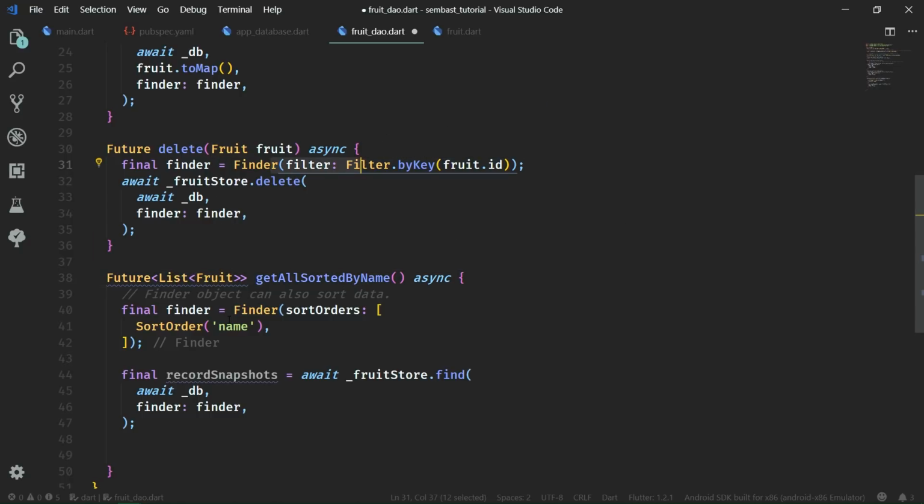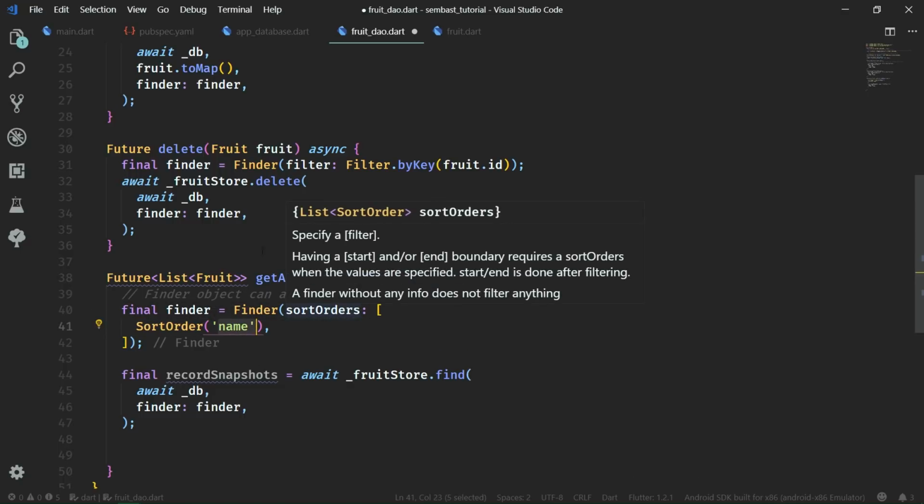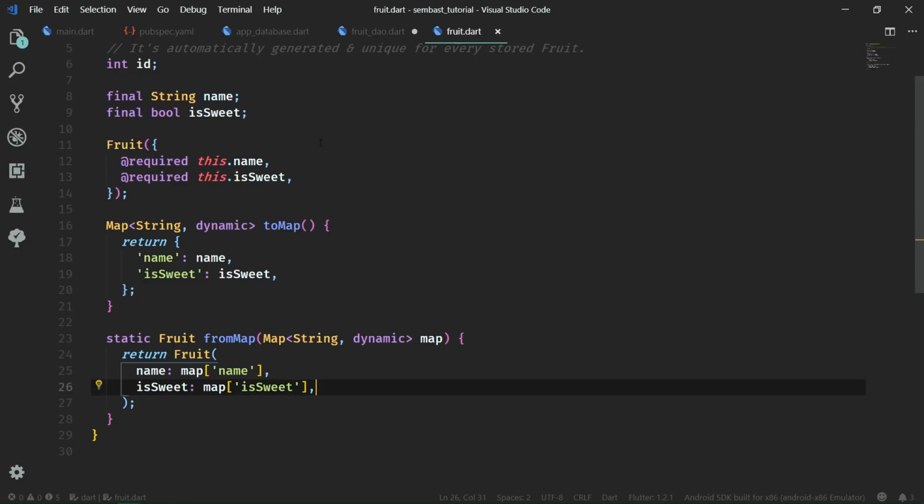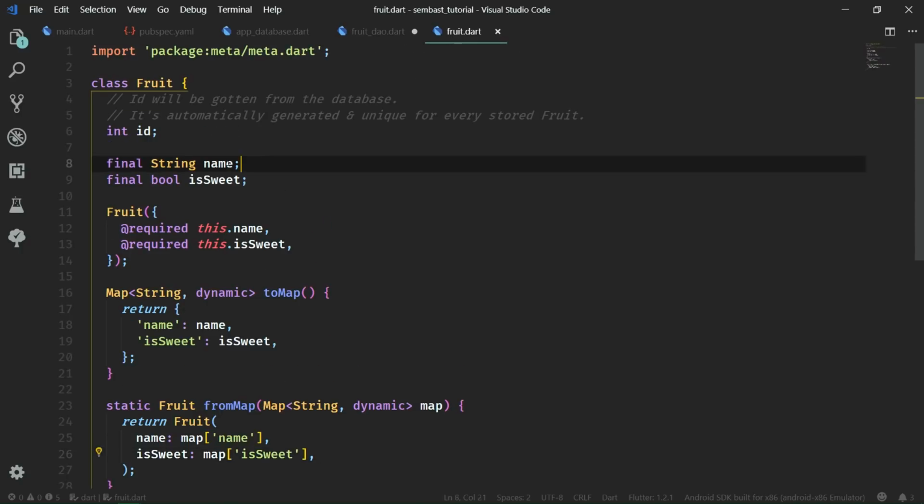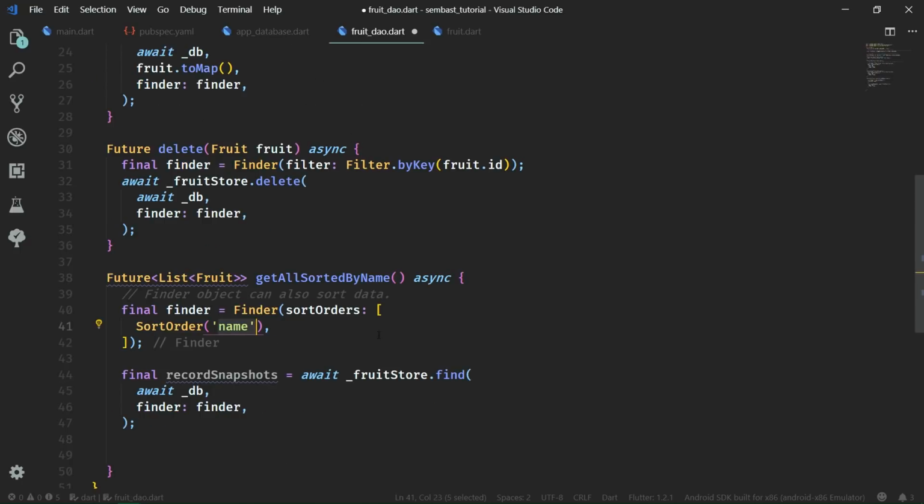Finder objects can also be used to sort the data based on some fields which that data has. In our case, we want to specify a sort order for the name field. This means that our fruit objects will be sorted by the name alphabetically when we get them from the database. Then to get all of the fruits from the database, we need to call fruitStore.find and specify the database instance